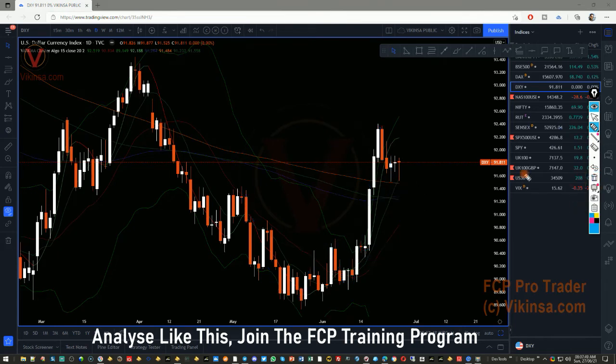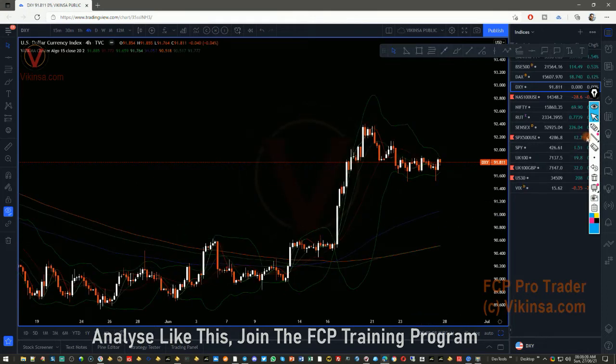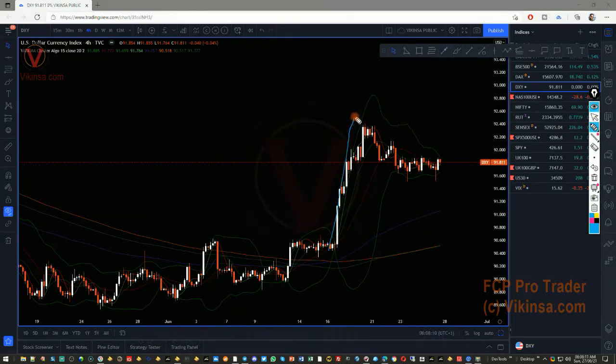If you look closely, we are rejecting this level. There is one rejection, two rejections, so the bias is still towards the bullish side, where we have this gap. The market can actually start to move there. A lot of traders can visualize this as a different kind of pattern, which is something like this. They can treat this as a flag pattern.